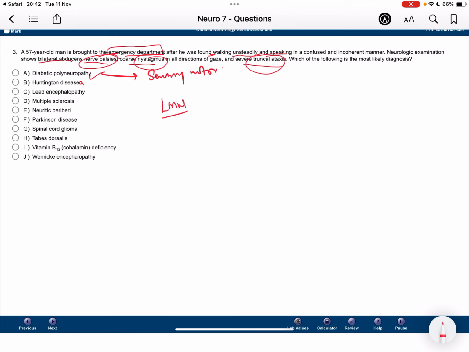The examiner could also be giving you clues to pick up lead encephalopathy, saying that the patient can present with constipation or abdominal pain, or sometimes renal problems such as renal tubular dysfunction as well. Commonly, the examiner will tell you that the patient has got fatigue pointing towards anemia, constipation, and abdominal pain as well.